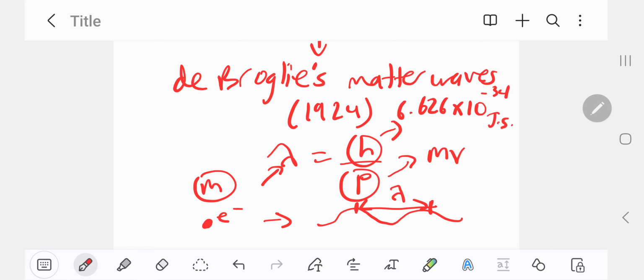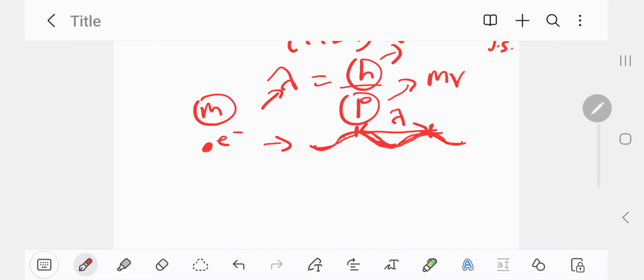So Schrödinger took de Broglie's idea of matter waves and asked, if electrons can behave like waves, how can we find some mathematical description to describe them, some wave equation? So how did he figure this out? Well, he went on a skiing trip up in the Alps, and the story goes he came back and came up with the idea, miraculously. And he developed what's now known as the Schrödinger equation.